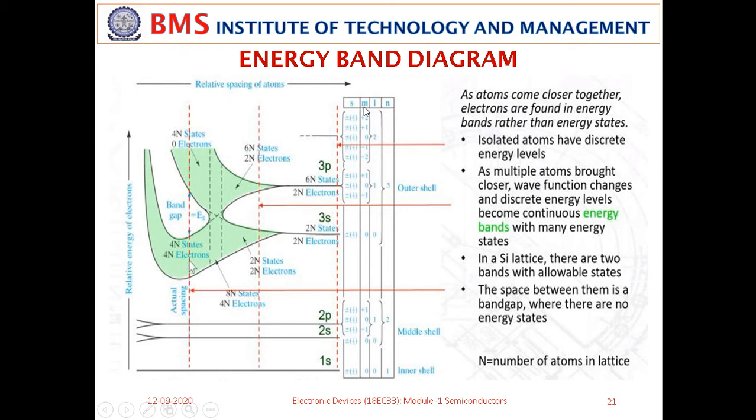Okay, so next we have m. M is also an orbital number. m can take values from minus L to plus L. If you know L, which we just discussed how to calculate, then depending on the L value you can calculate what m is. For instance, if L is equal to 2 here, m can take minus 2 to plus 2. You can see minus 2, minus 1, 0, 1, 2 like that.